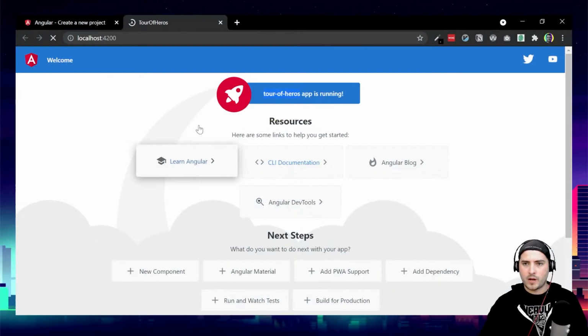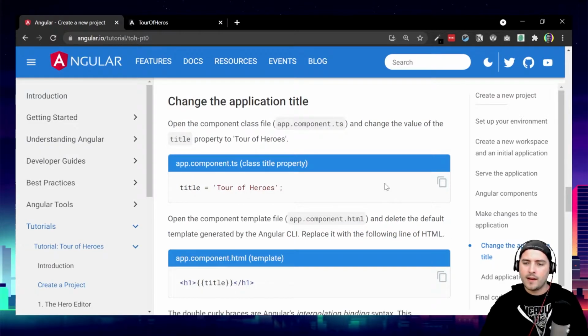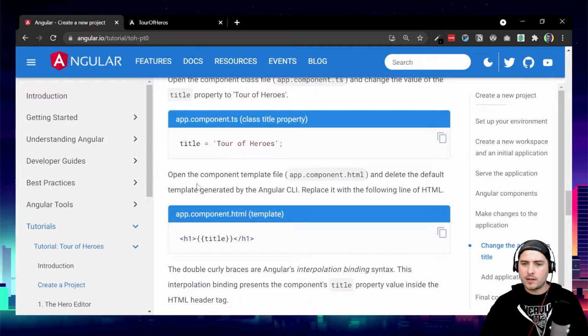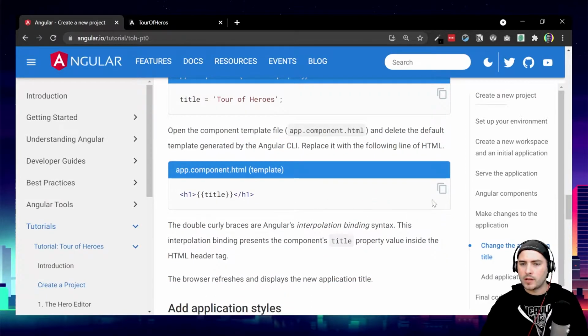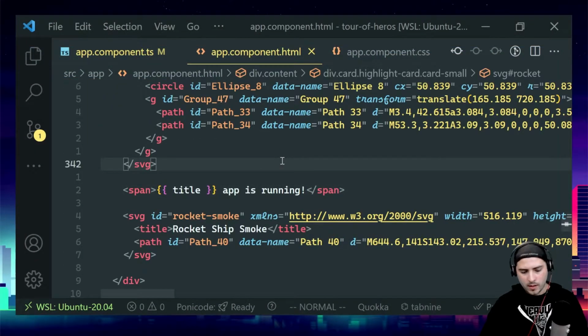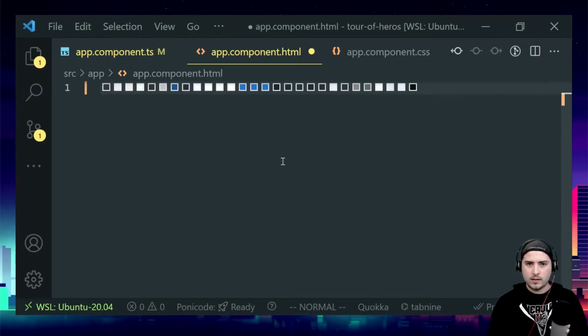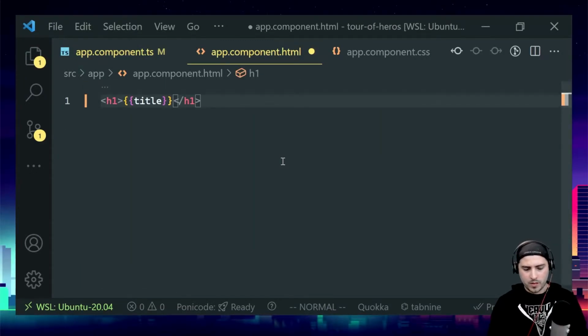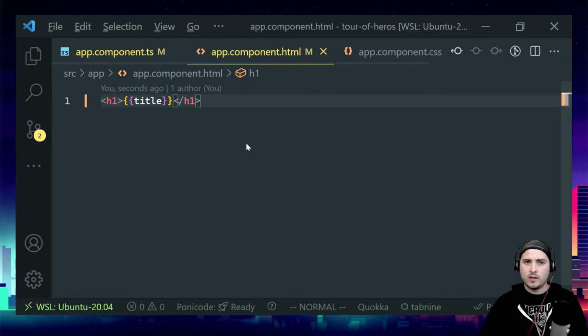Save that, back over to the app, and you can see Angular automatically rebuilt because it's just watching all our files in the background and rebuilding as we go, which is very nice. Let's see. So we did that. Open the component template file and delete the default template generated by the CLI. Replace it with the following line of HTML. Okay, so I just copy that to my clipboard. I'll select all of this, delete it, and we'll just paste that title there, save it,